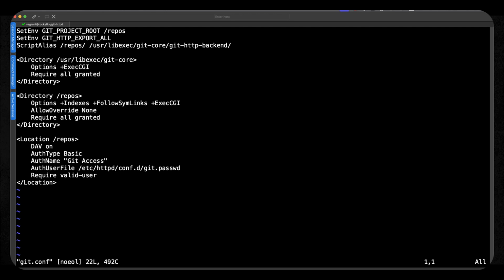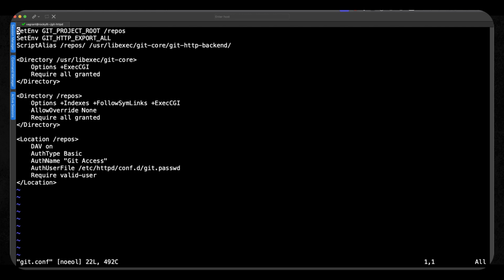We're allowing then that directory to execute CGI scripts, and we're setting up then our repos directory. And again, we're saying that CGI scripts can be run from our repos directory. We've set up a location for repos as well, where we're enabling WebDAV, so our distributed authoring and versioning tools. That's a module that's installed by default.